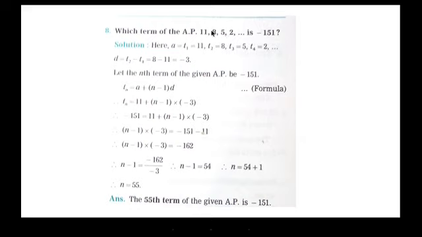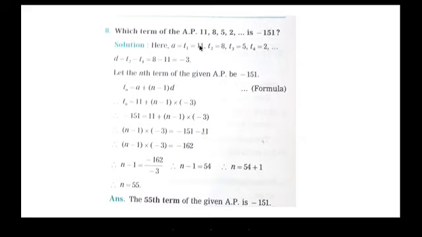The common difference will be T2 minus T1. Okay, we always have to take the second term minus the first term, the third term minus the second term and so on, even if the second value is smaller than the first one, because we have seen that the common difference can be negative also. Okay, so D will be T2 minus T1, that is 8 minus 11, that is equal to minus 3.